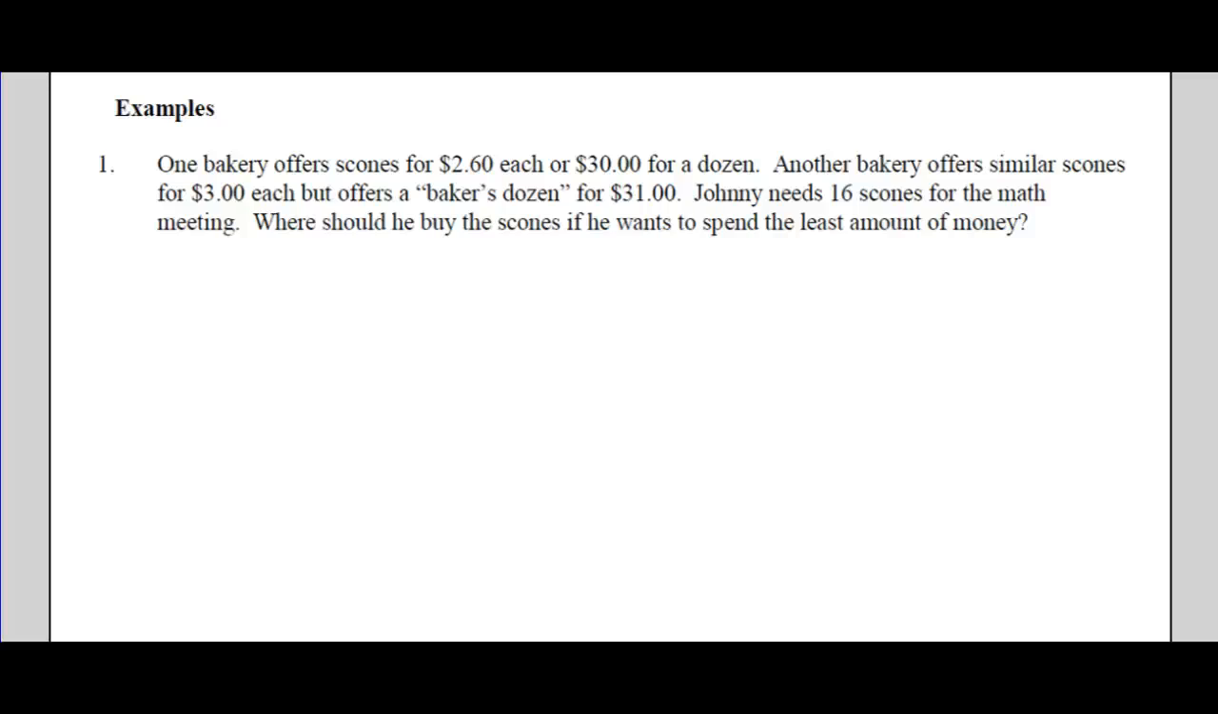Okay, so 16 scones means you can buy a dozen and then 4 more here. And a baker's dozen, what's a baker's dozen? 13. Okay, so baker's dozen is 13. So we don't need a unit rate here so much, right? We just figure out, okay, bakery A, let's call it A, that's 13 scones. And this will be bakery B. So bakery A,